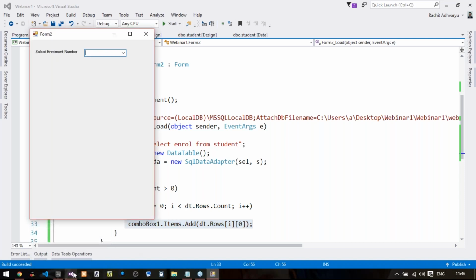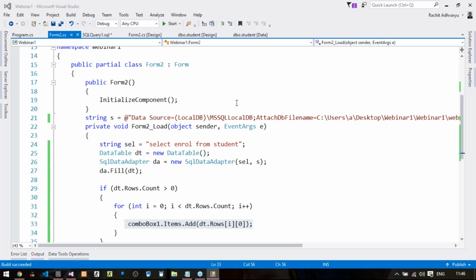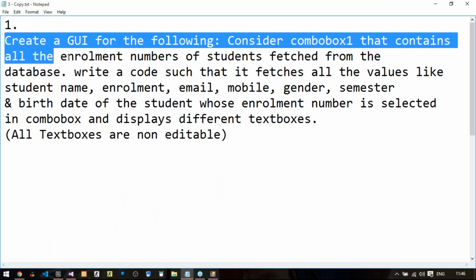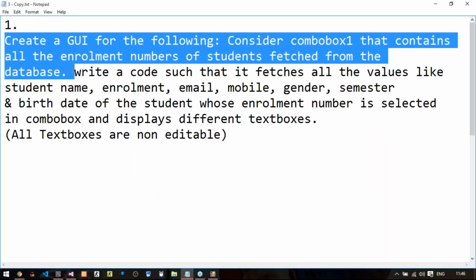Yes. So all the enrollment numbers have been included in our combo box. So what we have done is we have completed the first part of our exercise, that is adding all the enrollment numbers from the database to our combo box.